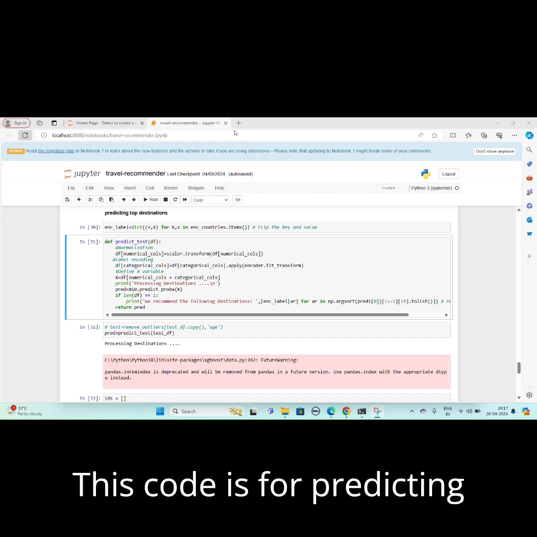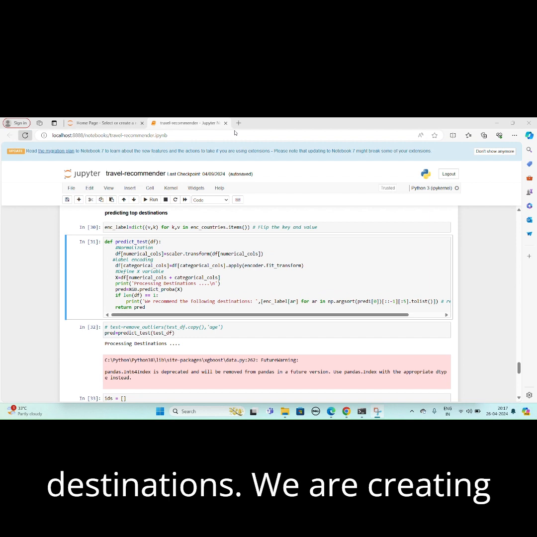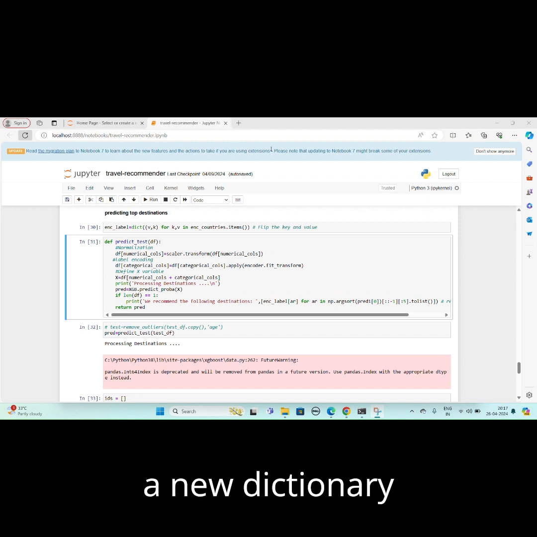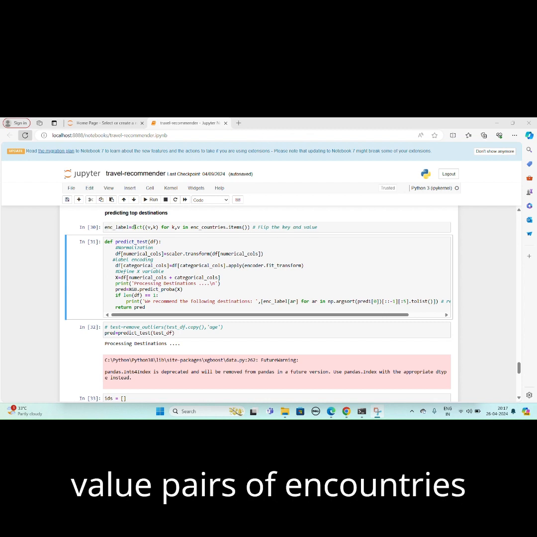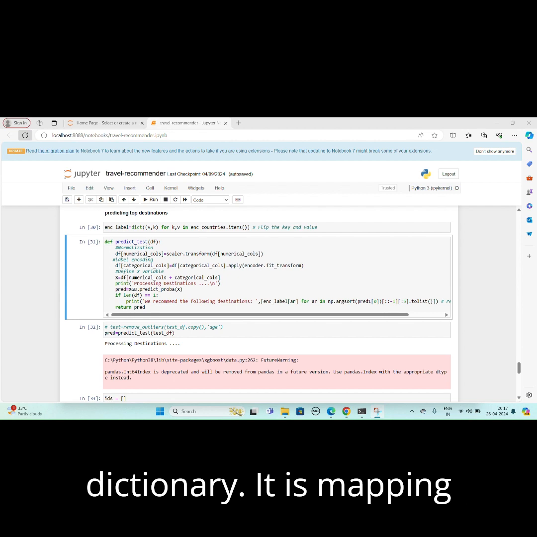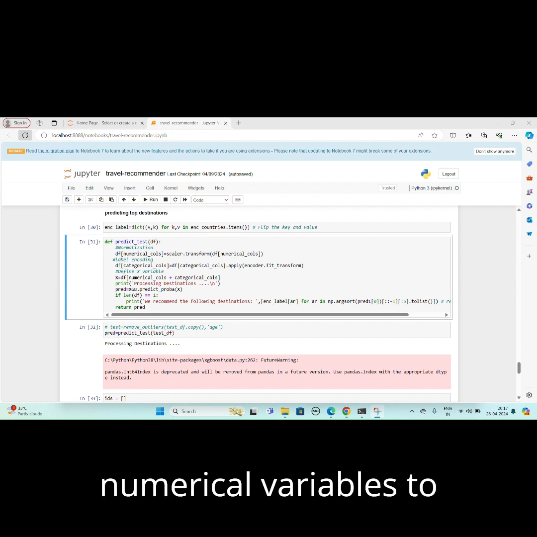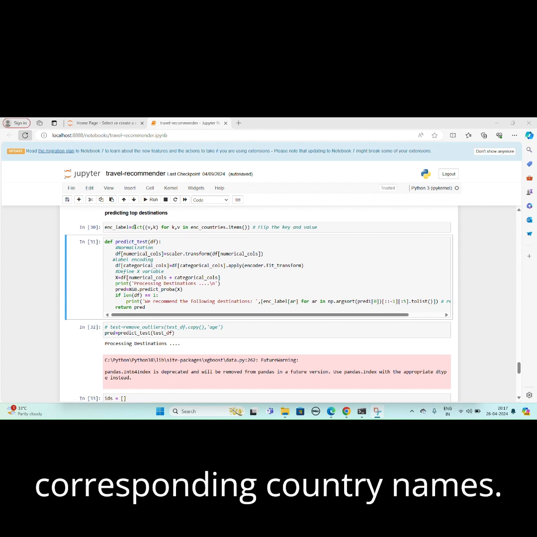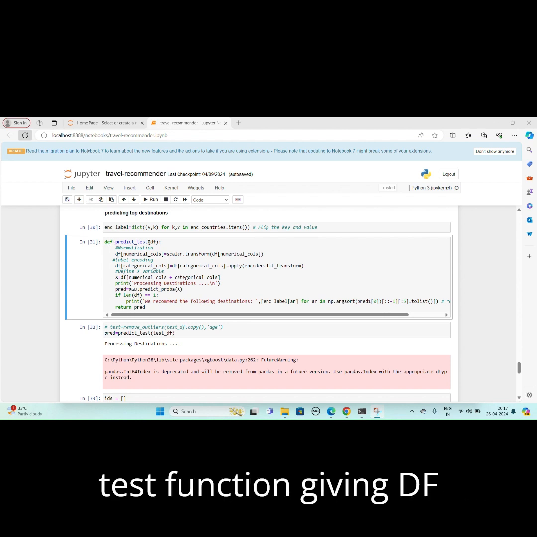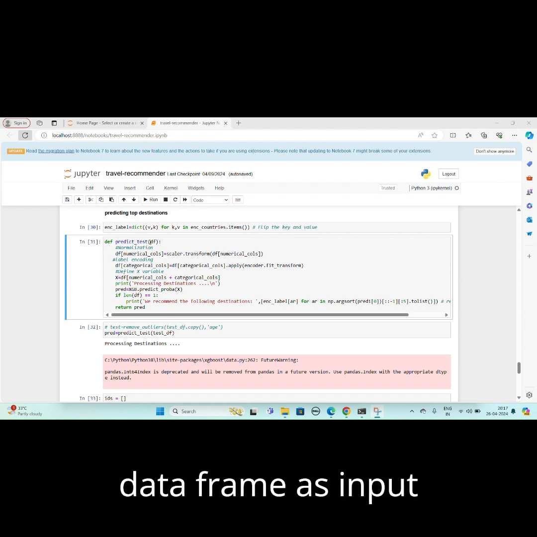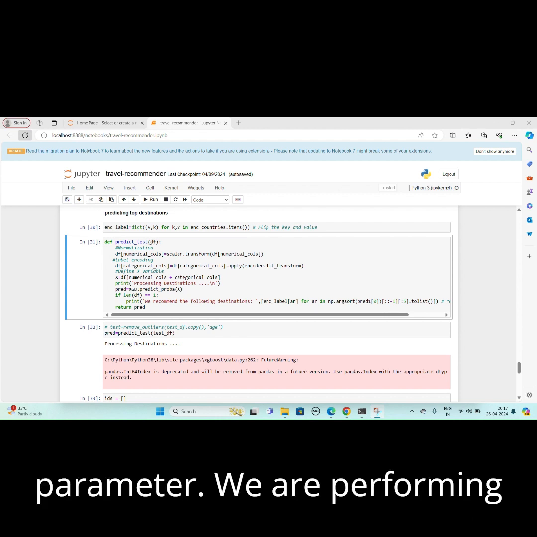This code is for predicting destinations. We are creating a new dictionary, ENC label, by flipping the key value pairs of the ENC countries dictionary. It is mapping numerical values to corresponding country names. Here we are defining the predict test function, giving the df data frame as input parameter.